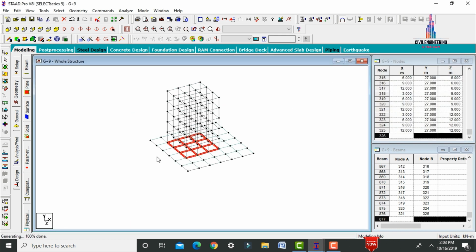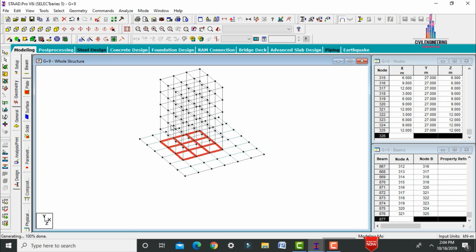Click on OK. Now we can see it was assigned, what we call copied, these respective beams to the remaining 5 stories. Now in the same way we have to select the plates. Select this plate. Again we have to select the second, third one. Select 1, 2, 3, 1, 2,